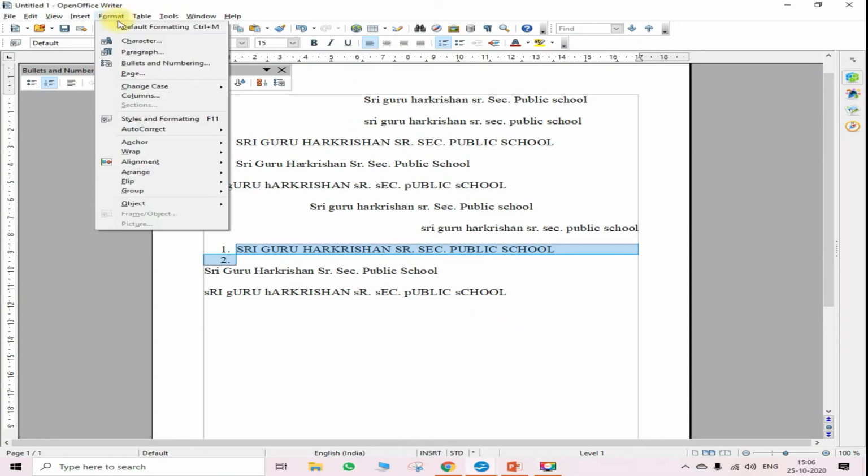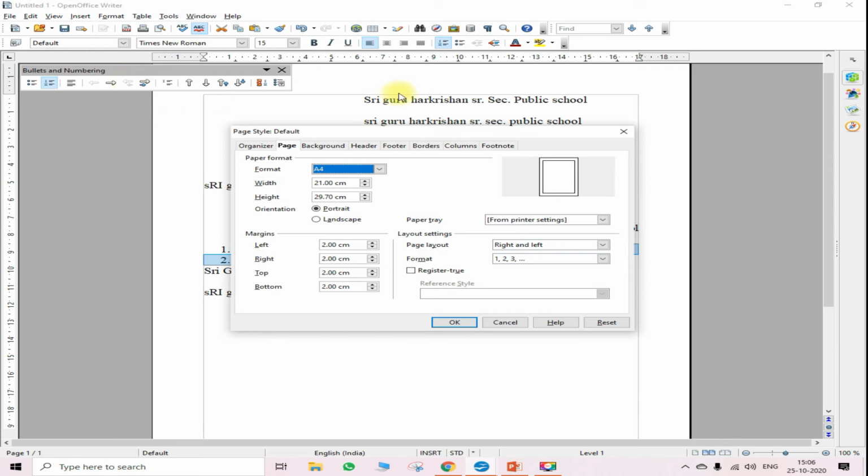Go in format option, click on page formatting option here. So when you just click here on page style, by default you're getting the setting in this form. So if you want to change your setting, let's say if you want to print your paper on the other size, that is A3 वाले पेपर पर अगर आपने प्रिंट लेना, B6 वाले साइज पर लेना या फिर लेटर साइज का लेना, any size if you want to change, you can just click from here.